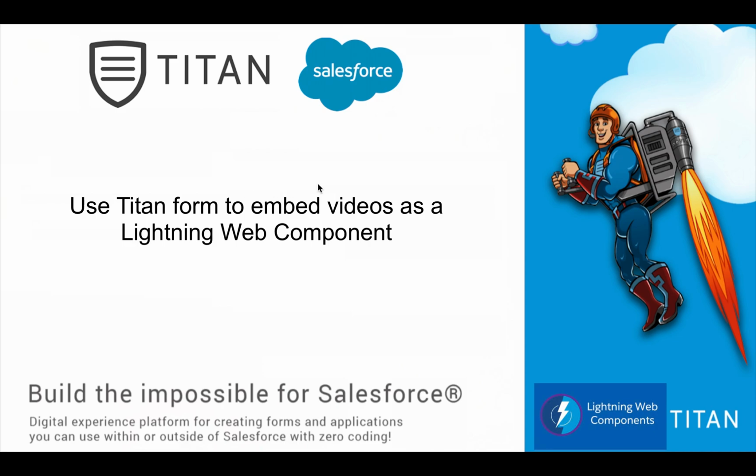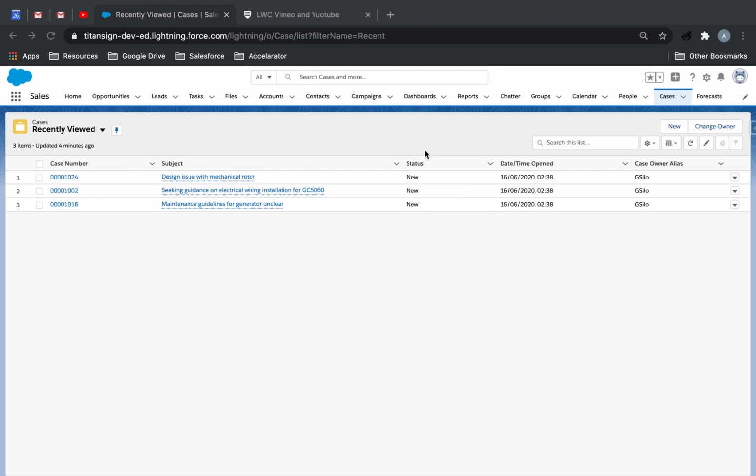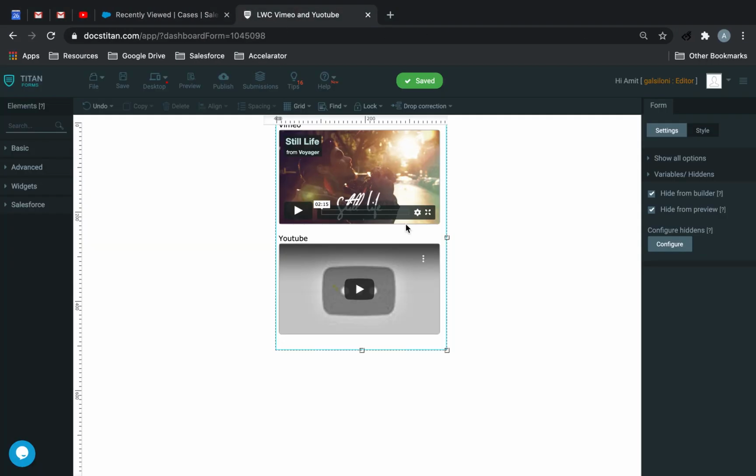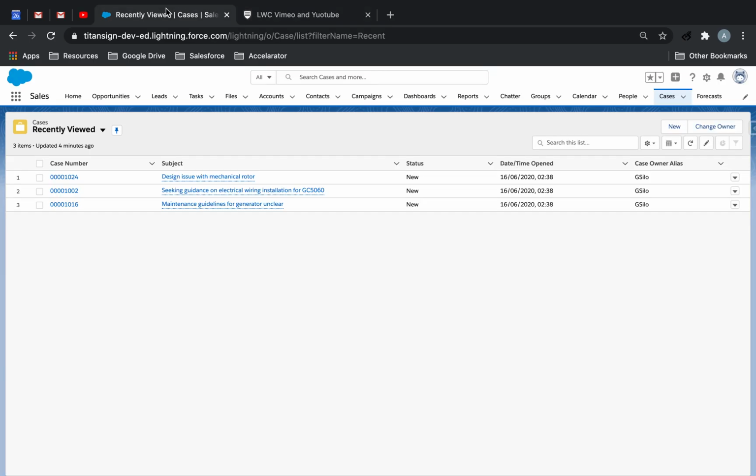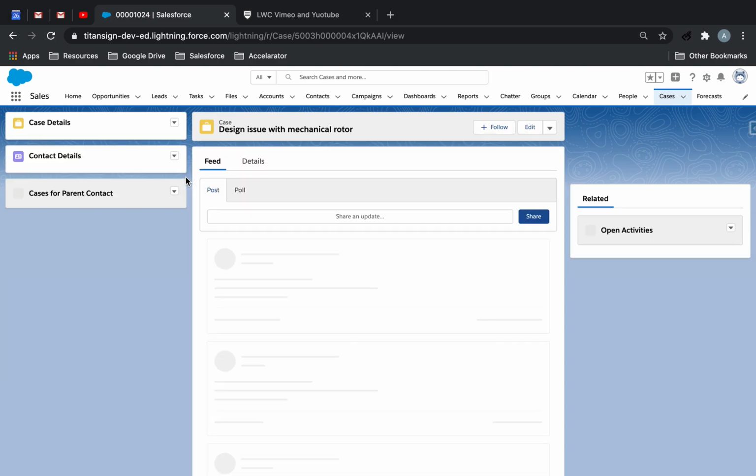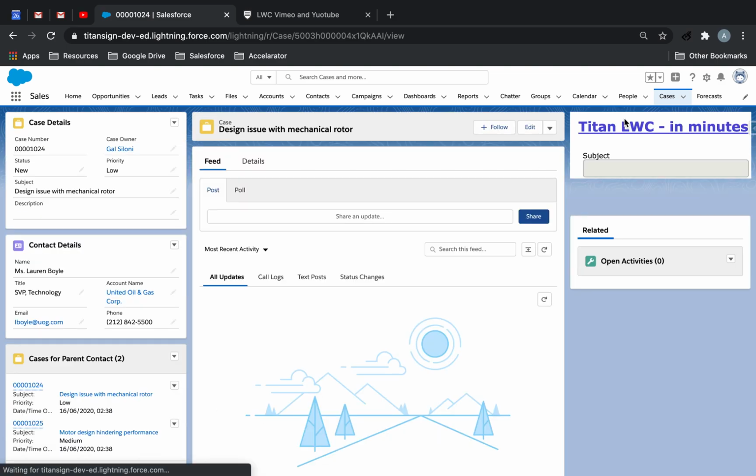Another video. In this video I will demo how Lightning Web Components work within Titan if you use the video element within the Titan form. So if you look at this Titan form here, we've got Vimeo and YouTube. And what you can do is embed this directly anywhere within any object in Salesforce. So example here is this, that over here in this case there's a Lightning Web component over here, and what